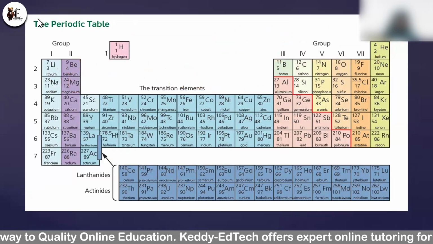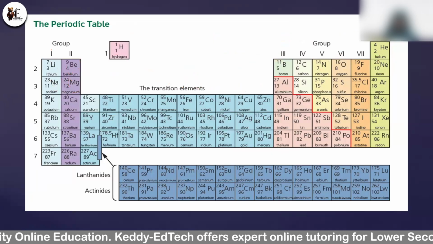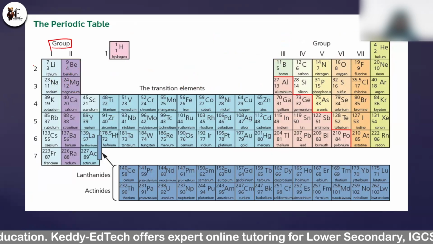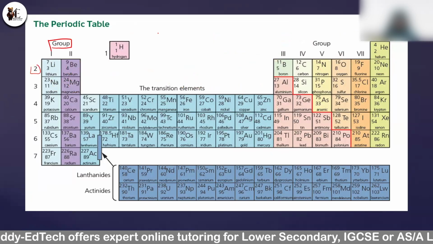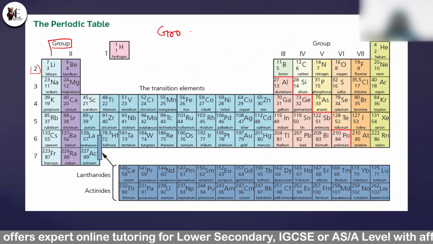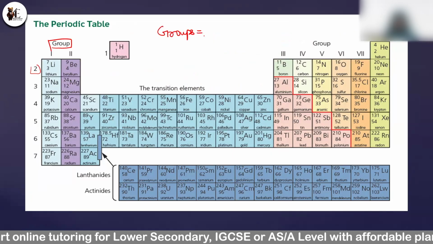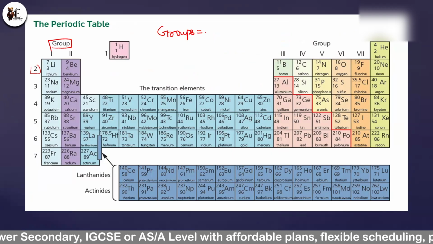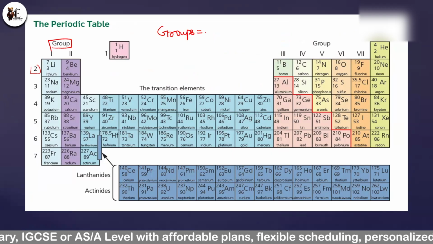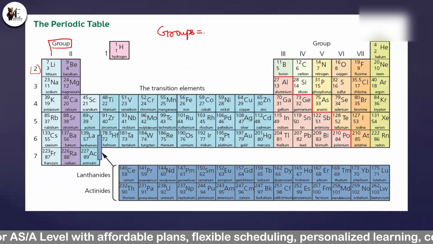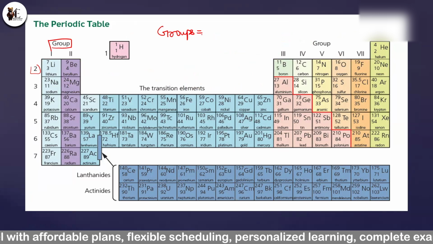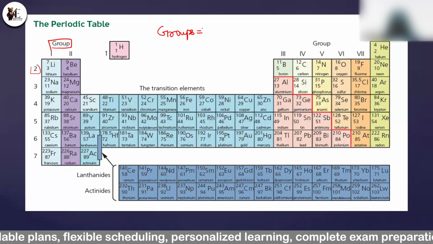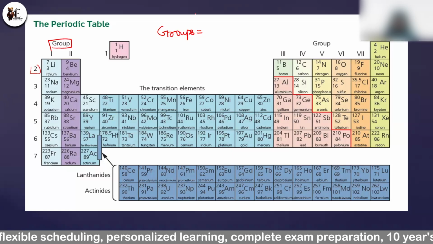Here you are having groups and periods. This is my group and these are my periods. So in the periodic table, how many groups are present? I think seven. Sorry, let me just tell you that once you are enrolled with Keddy,